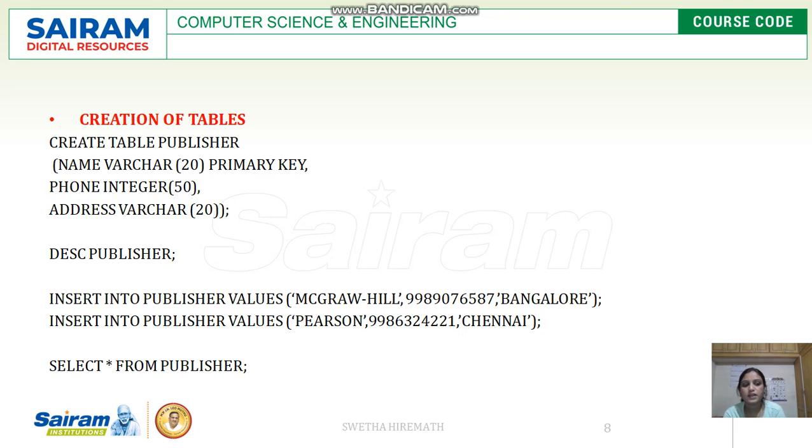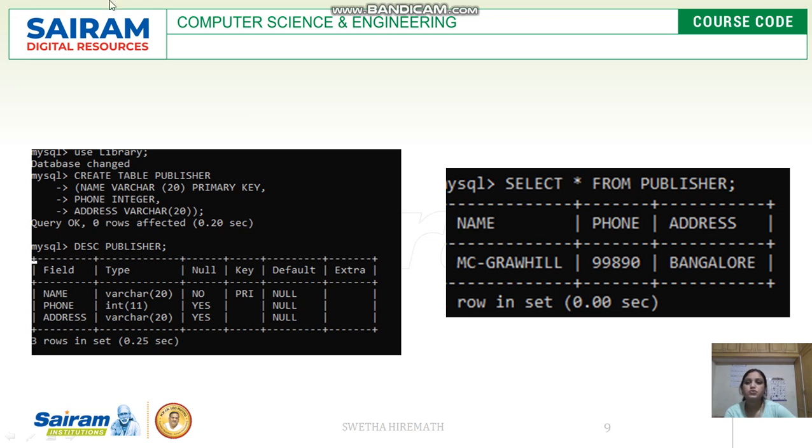Once we insert the values in this table publisher, we can check what the table consists of. If we give select star from publisher, it will display everything present in the publisher table. This is how we execute it in the console of the MySQL server.